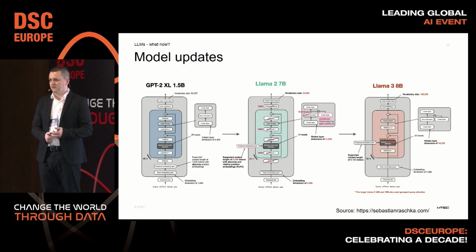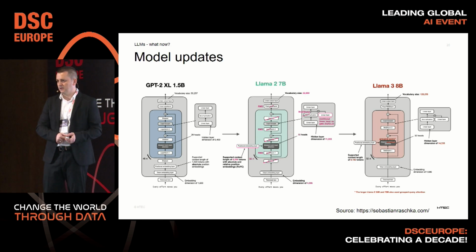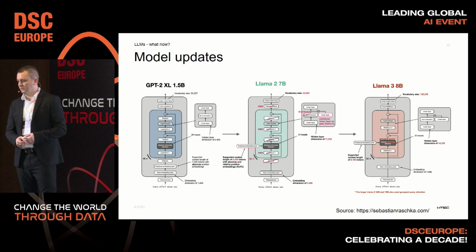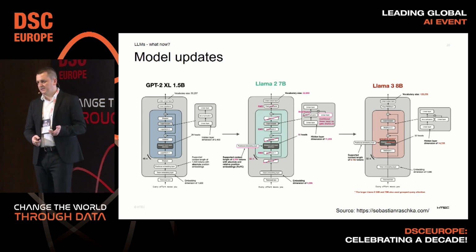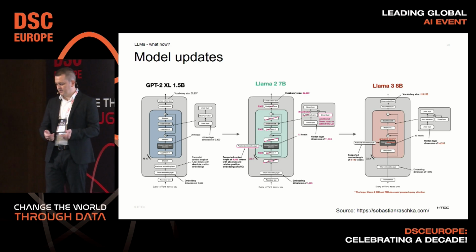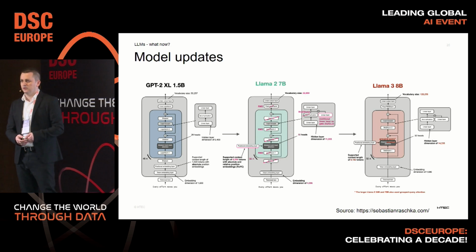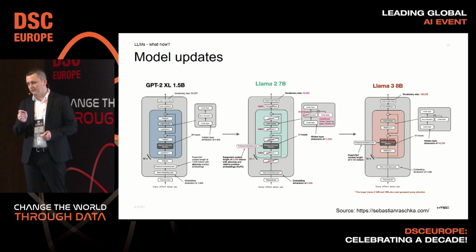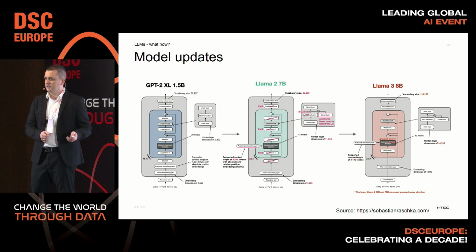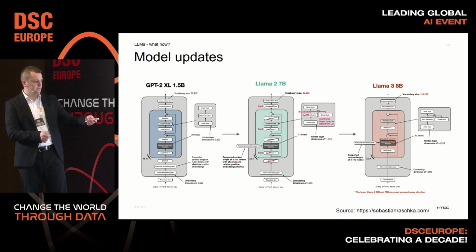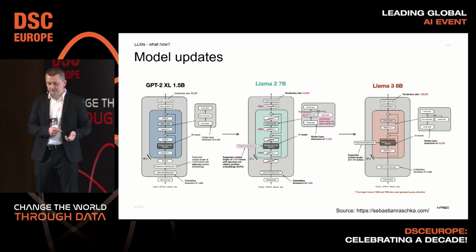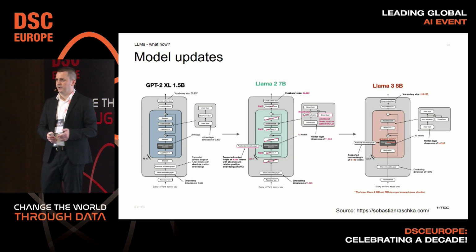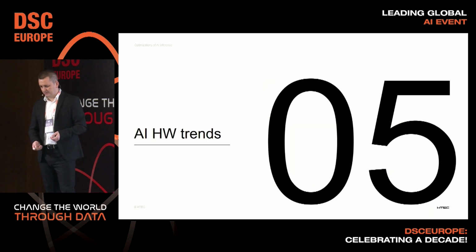One example is a normalization operator. So LayerNorm is replaced with RMSNorm. That helped make training a little bit faster, and you also have more stable convergence at the end. And also in runtime, there are a few fewer cycles, let's say. Another thing is that GELU, which was previously used, is replaced with SiLU activation functions, which also slightly reduces the number of operations that you need to execute.